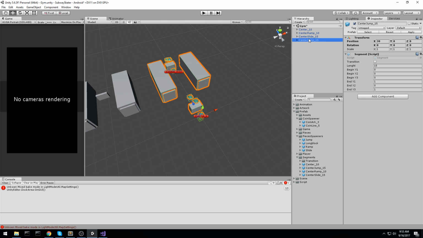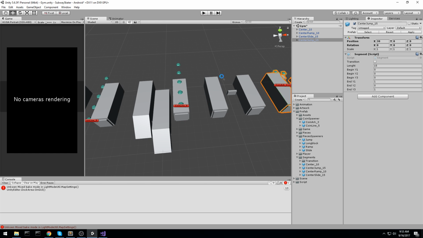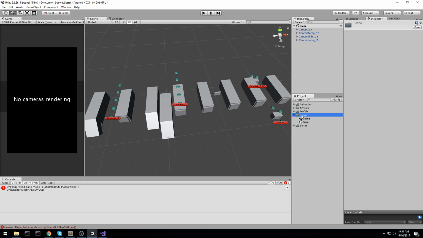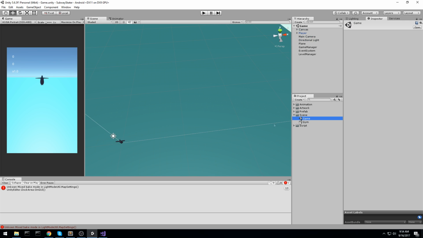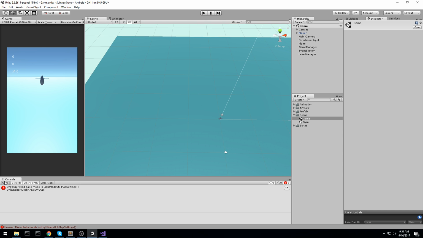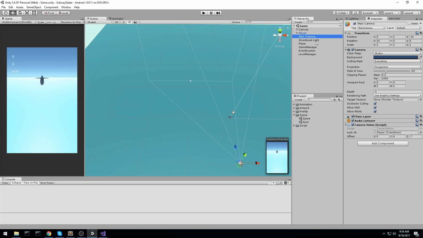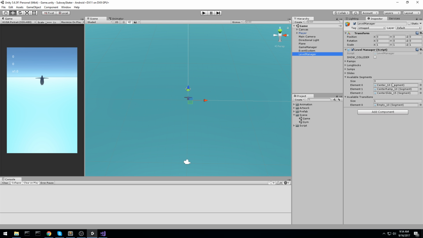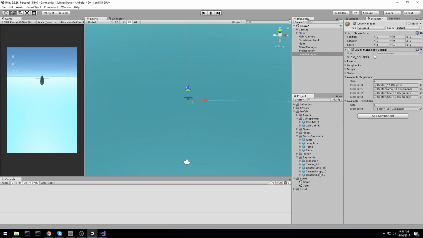So guys, that is actually where we're going to be ending this episode. Actually, I lied. We're going to be integrating this new segment. But then after that, we'll be taking a small break and we'll head back to curving the world. Something I said I was going to do this episode, which I didn't do because we had to do a little bit of coin before that. But yeah, let's go under the game manager. Or is it the game manager? No, the level manager. Add a new available segment,